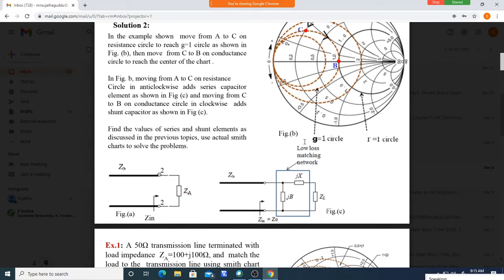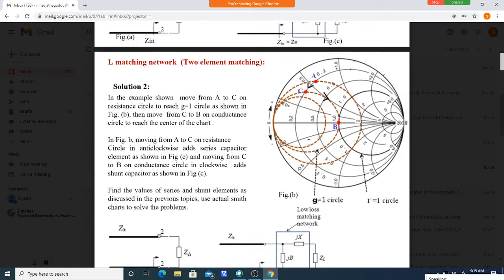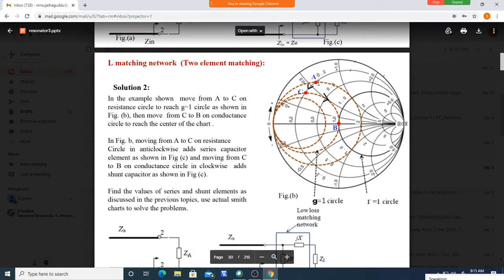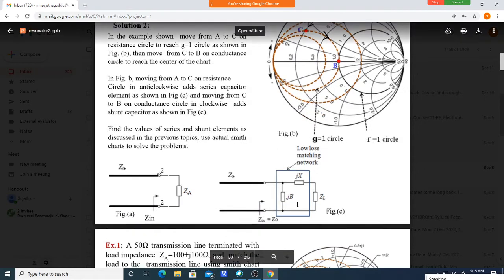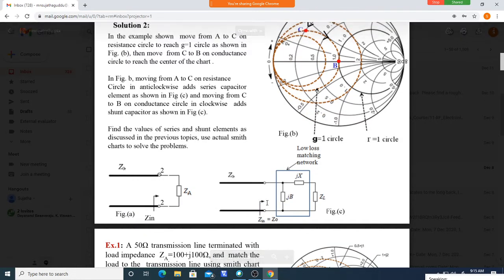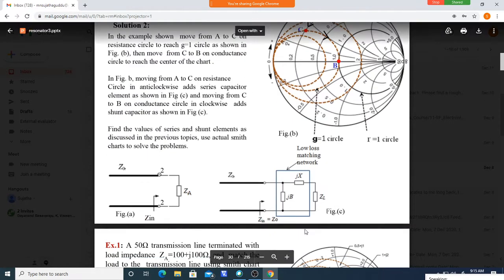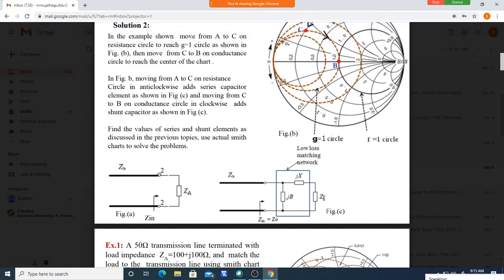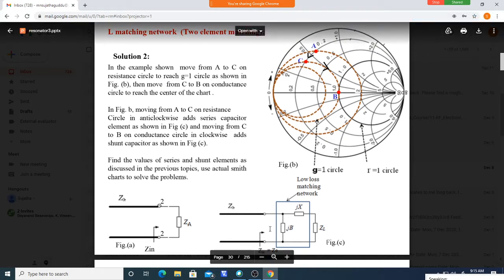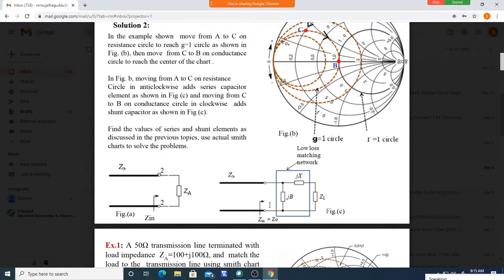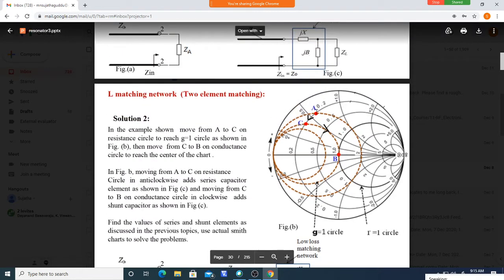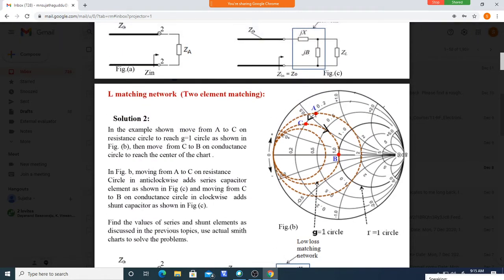Okay, so in the converse way, for example, I want this value, and I want this impedance. Instead of having 50 ohm here, assume this is a 50 ohm impedance connected. But I want the impedance looking in this direction to be equal to this value.